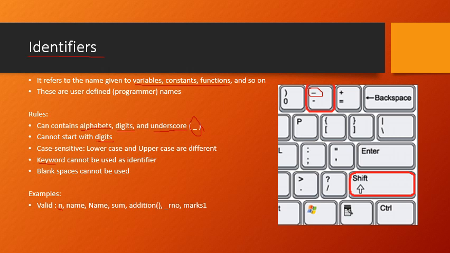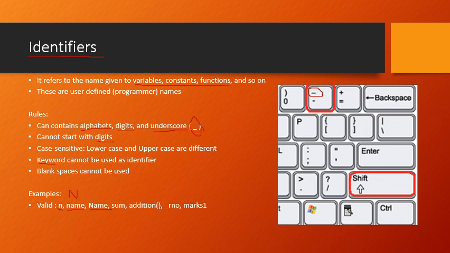Case sensitive means if I write a capital N, one more identifier, both will be two different ones. This is small n. Suppose I write one more capital N as an identifier in a program, then this small n and capital N are going to be two different identifiers. Then, is n a keyword? No, it is not a keyword. So again, it is valid. And in this one, there are no spaces. It's just a single letter. So all the rules of the identifier hold good here. If you look at the other one, there is a name here. Just cautiously, if you look, the next is again a name.